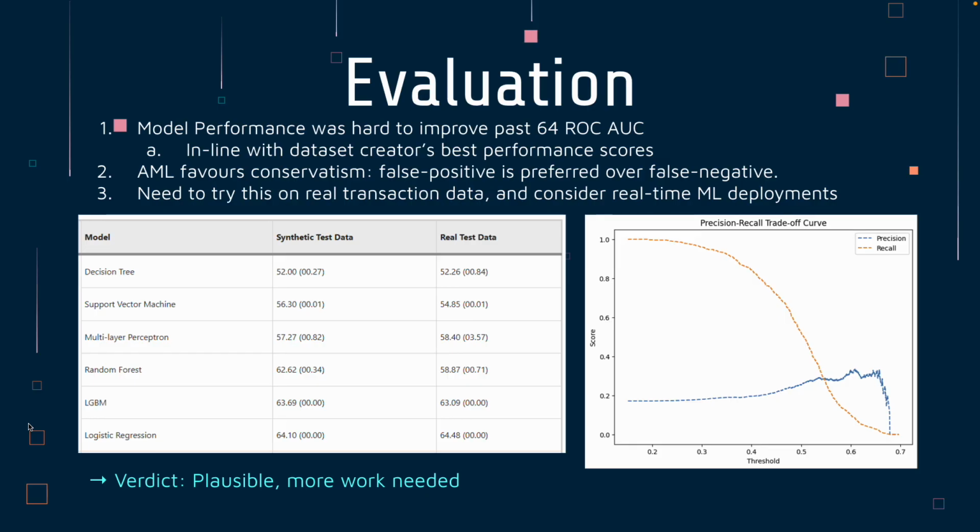So what we drew from this, we took a look at the performance of the authors' success on the synthetic data, and it actually coincided quite well with our own performance. You can see their results on the left. And what was interesting was they had access to the actual real transaction data. And it's not shown in this chart, but when they ran it against the real transactions, the ROC AUC score went from about the 62, 63 there for random forest, for example, up to 75%.